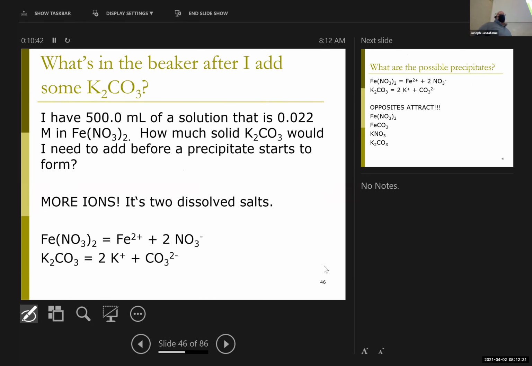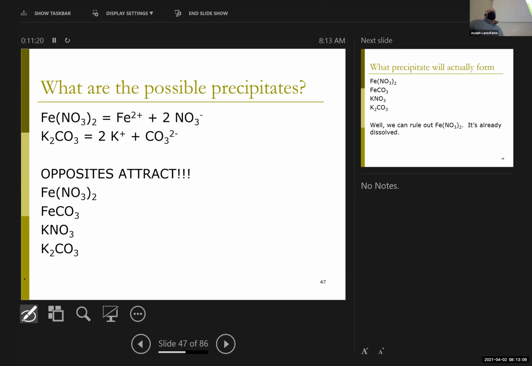And similarly, if I add the potassium carbonate, right, and it dissolves, it should dissociate, right? Now, again, we'll talk more about this later, but part of the reason I would add potassium carbonate is because, again, Chem 1 version of solubility, it's a potassium salt, it should be soluble, right? And once it dissolves, it dissociates. So again, what I have is 2 cations and 2 anions, and they can, quite frankly, pair up